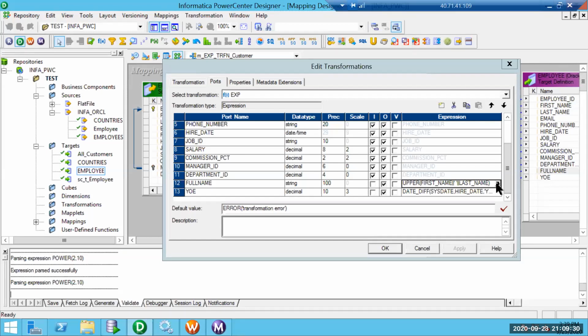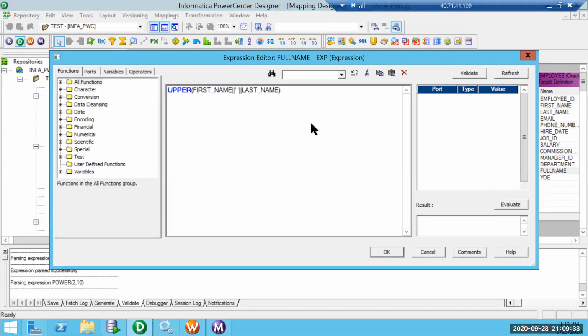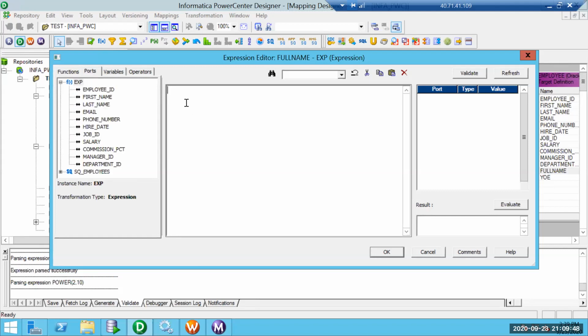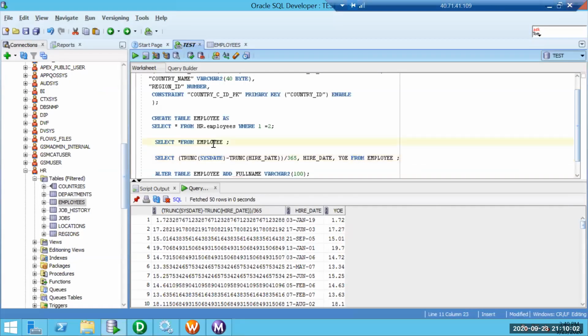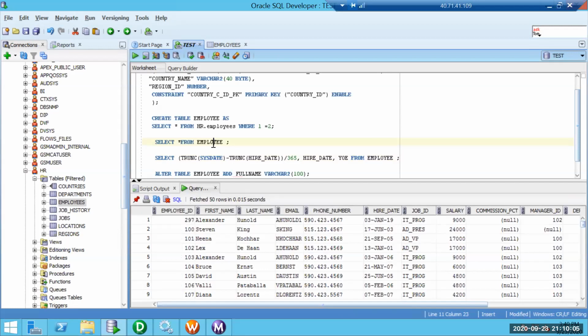So I'll make use of a full name field. We will see how to make use of regular expression. The agenda is, I want only the numbers. I want to replace the dot, everywhere we have encountered a dot. So we can go with regular expression replace. In the phone number, it has a dot, but sometimes it may not be a dot, it could be something else.